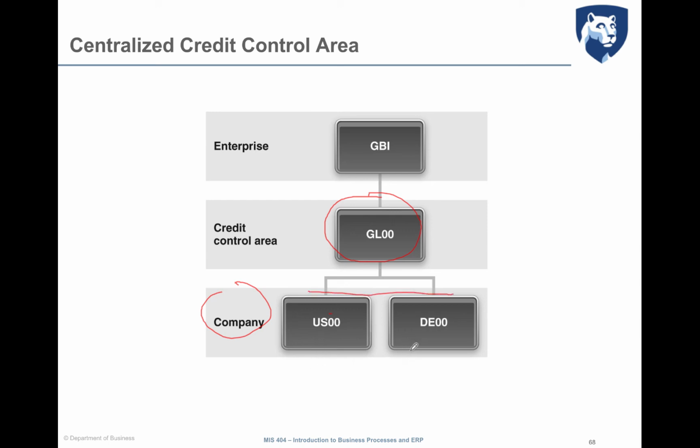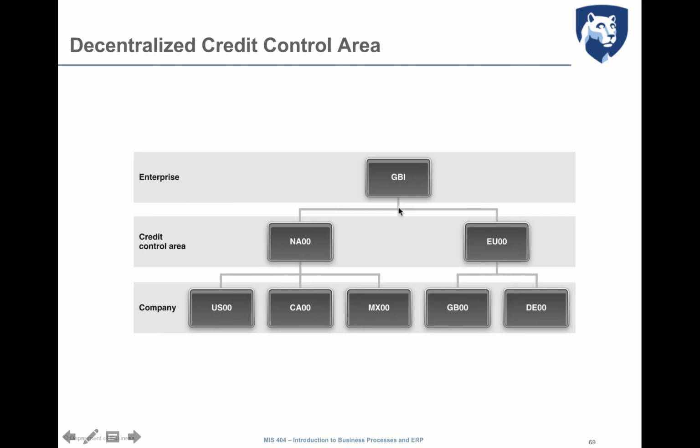So its duty is to make credit control for all the customers addressed by GBI US and GBI Germany. And so the rules for credit worthiness verification are shared and are the same for both companies, which is quite different from this case, because here you can see that GBI is a further example,